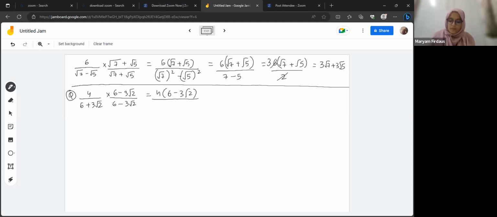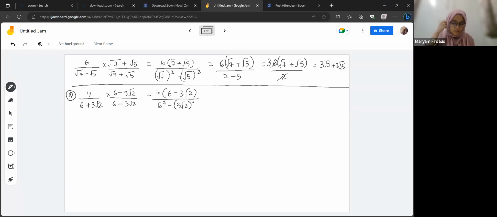6 square plus 3 root square, minus 3 root 2 whole square. Why do we say whole square? Because if you say 3 root 2 square, then someone might think, is she talking about 3 root 2 square? That's why you say 3 root 2 whole square. So that becomes